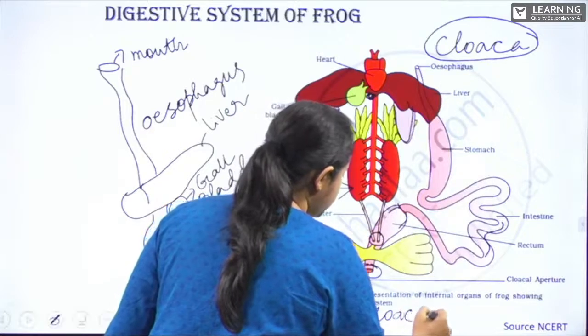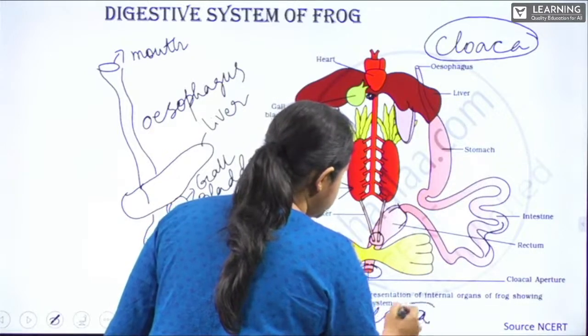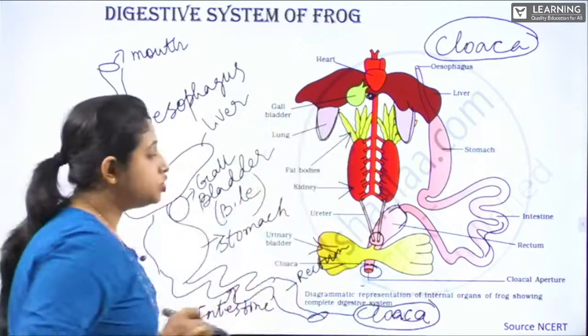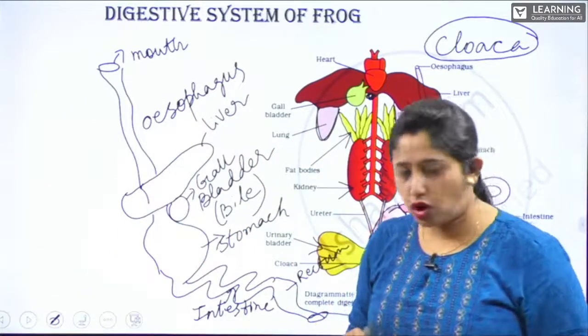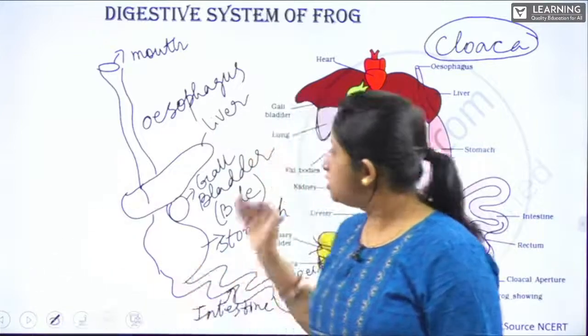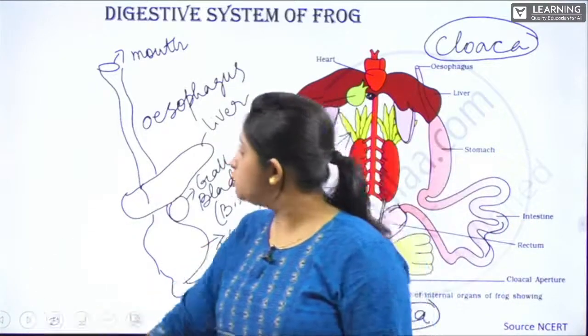Through the cloaca, the undigested food is released. So this is how the digestive system of the frogs works. So this is all about it. Next, let us move into the